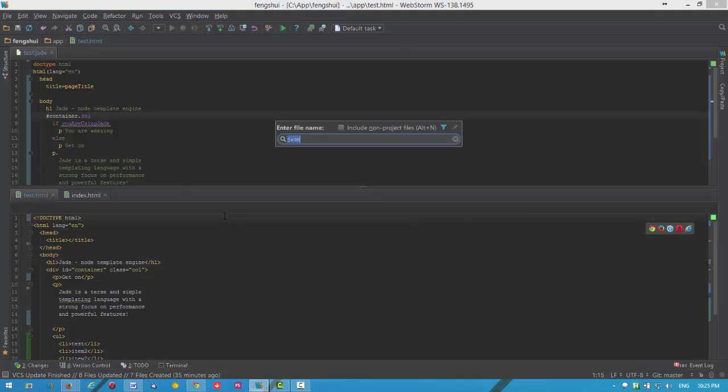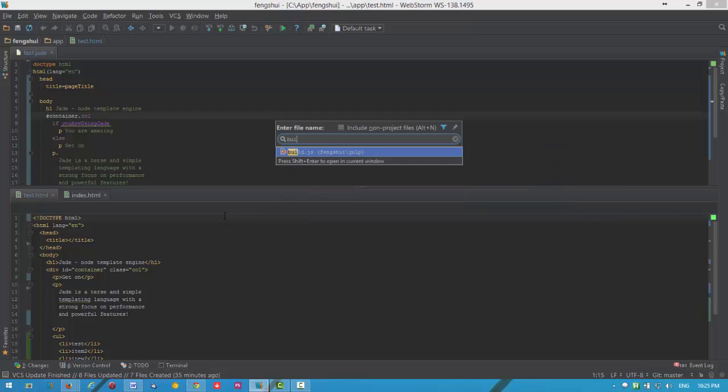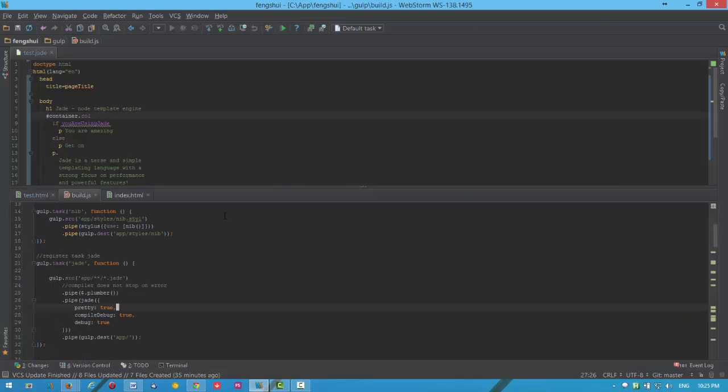So if we open our build, and yeah, this is our Jade task. I copied it exactly from the GitHub repository. I want to take the app folder and all of its recursive subfolders. I want to take files with the Jade extension,